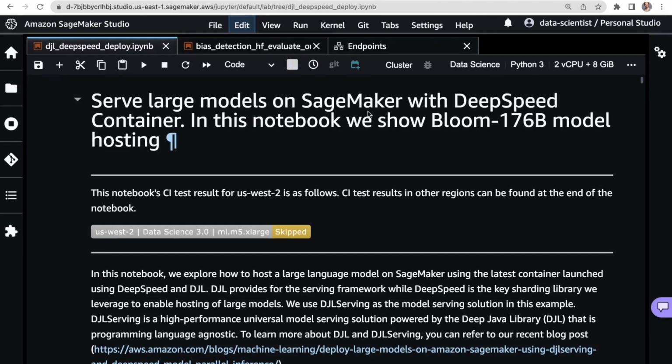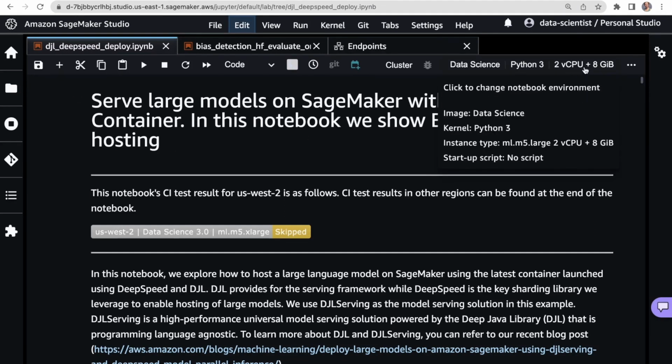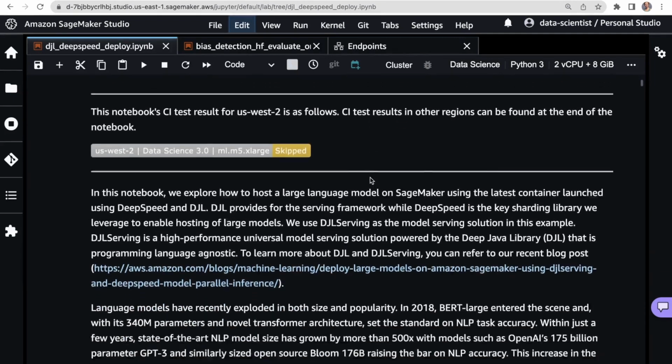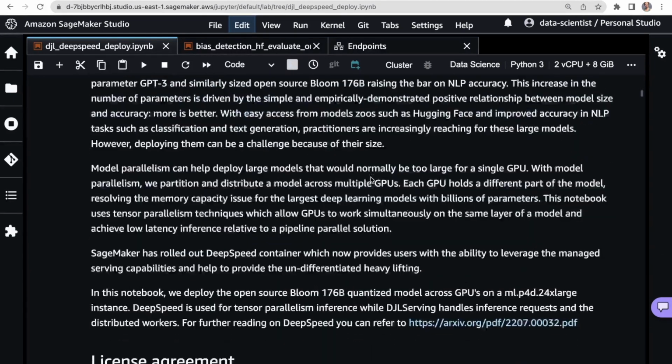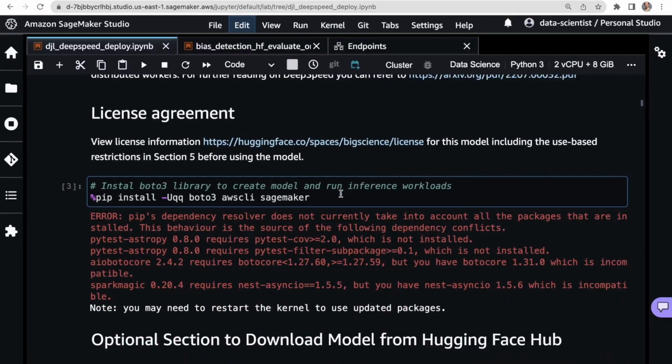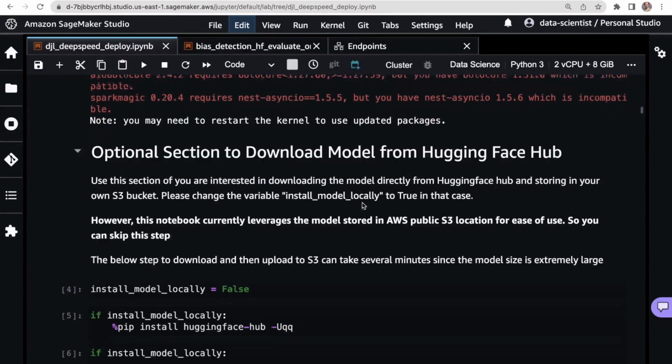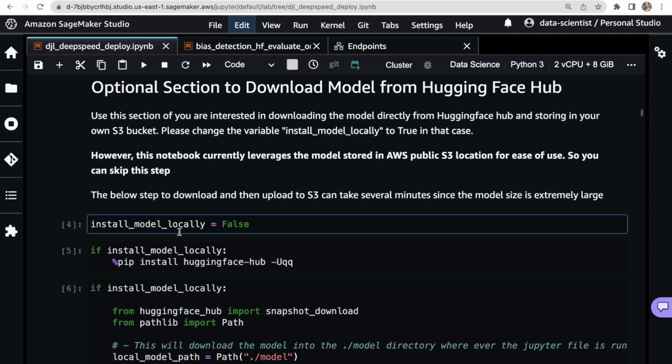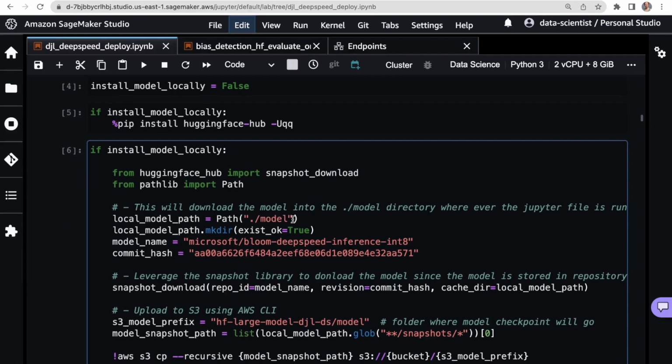All right, so I'm in Studio, and here I'm running on a small CPU here. So this is the M5.large instance type. And let's take a look at this. So first we're going to just update Boto3 and the AWS CLI and the SageMaker Python SDK. And then again, I'm going to go straight to the P4D hosted in the inference mode and not in the local mode, as I find that a little bit cleaner. But some people love to do locally.